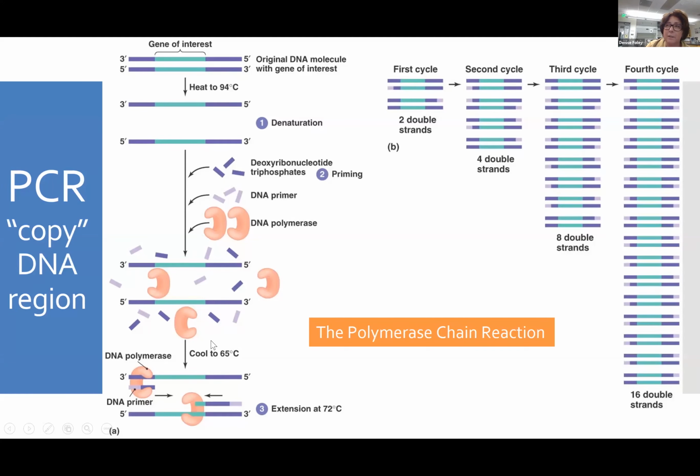So after that first set of 3 steps, we have now 2 strands. So we started with 1, now we have 2. And then we repeat that whole 3 steps again. And so if we had 2 strands, now we have 4, and we do it again, and then we have 8, and we do it again, we have 16. You do that about 32 times. So after you're done with this, if you only started with 1, you're still going to have